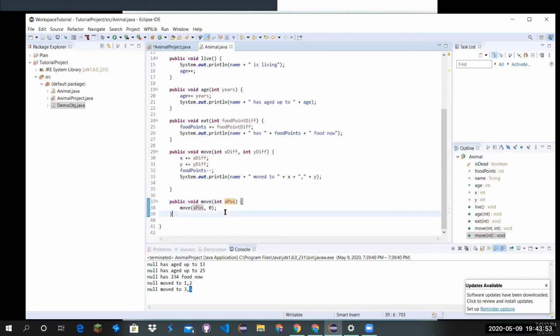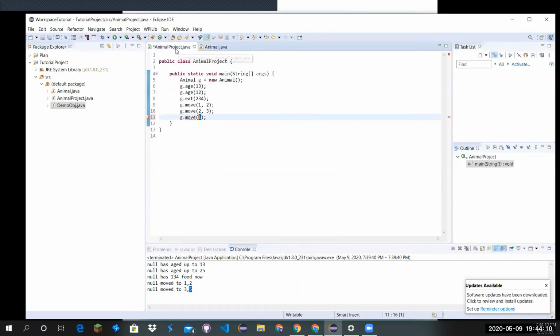Now it's time to get into what's called return type. Also, I'm going to delete this because there's no point in making this method. I'm just going to make move without parameters. A return type is this. Java's generic return type is void. A void method doesn't return anything. So a method's return type is